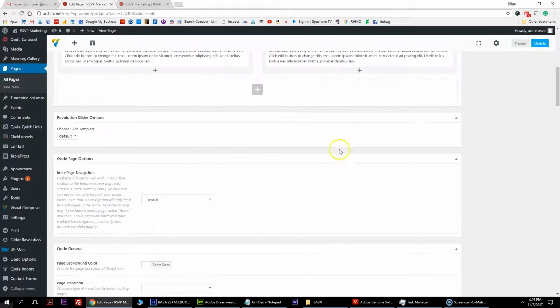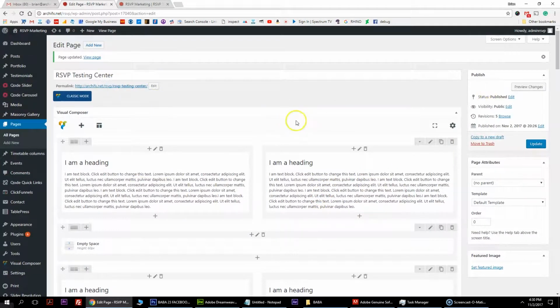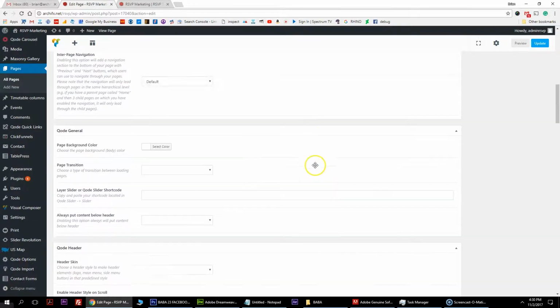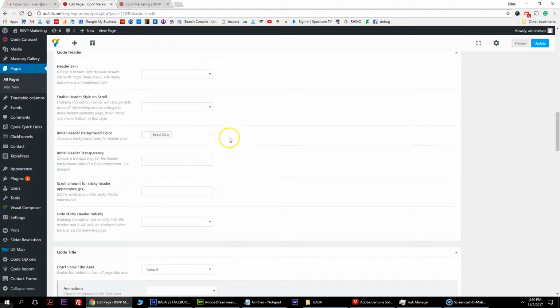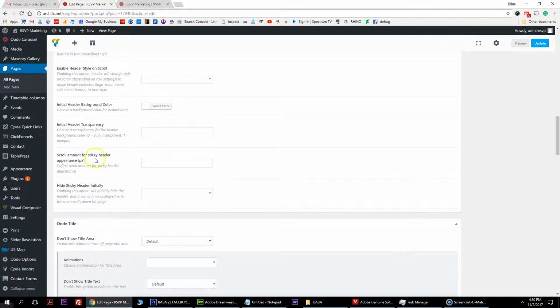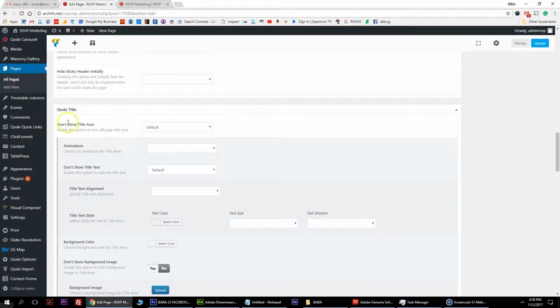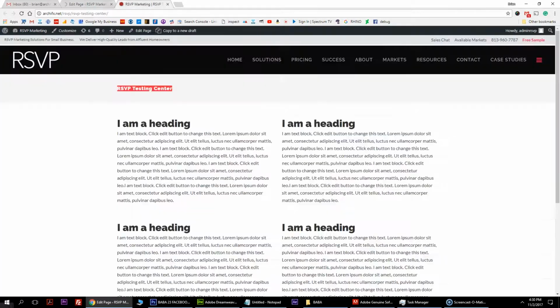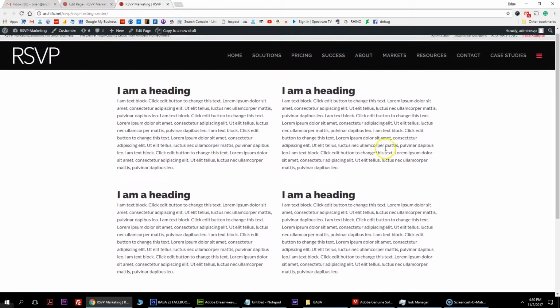estate, the page options, if we look here at the top of the page, if I scroll down, the page options are pretty broad. You can change your header skins and all this kind of stuff, but what we're looking at here is the title. And this framework is based on Quotey framework, so this is Quotey title. You would change this to don't show title area, yes. And that'll basically make that title disappear. So if we hit update and then refresh, it'll take away this center up here, and now we have a